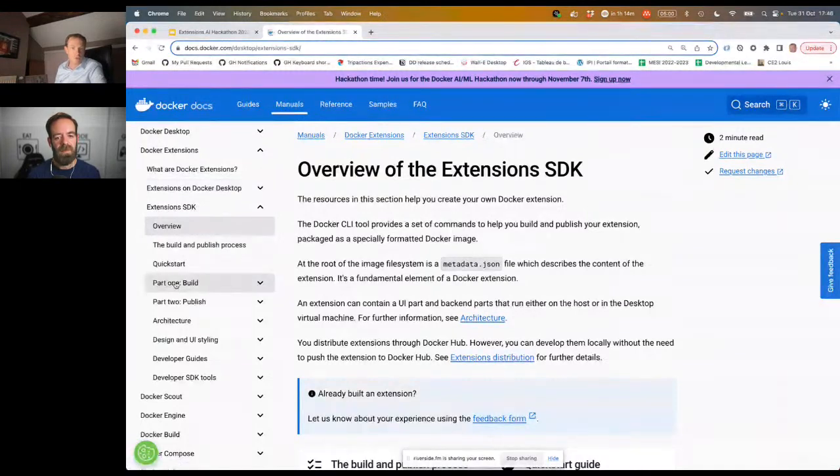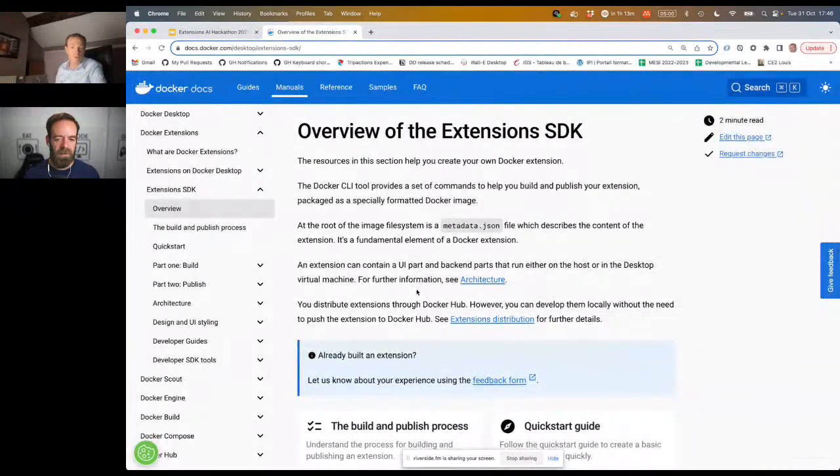So if you don't know anything about extensions and you want to start creating your own, start at the beginning of the extension SDK documentation here, and that will explain how to create your first extension, why you need to have a metadata file to describe the content of your extension, what the syntax for it is, etc.